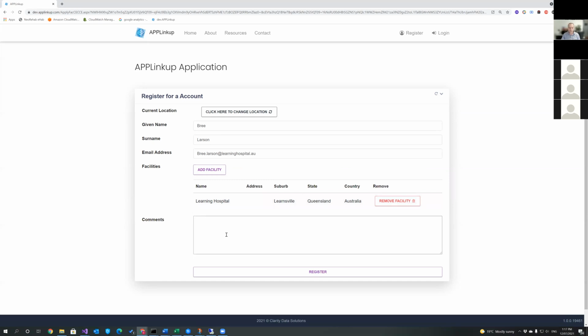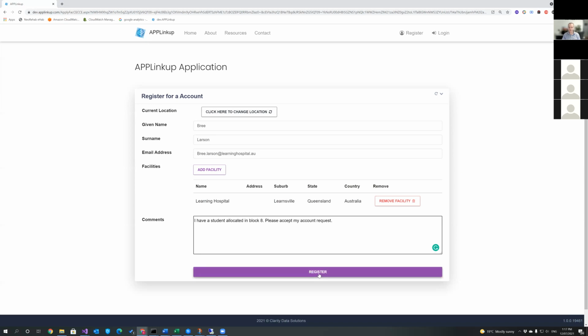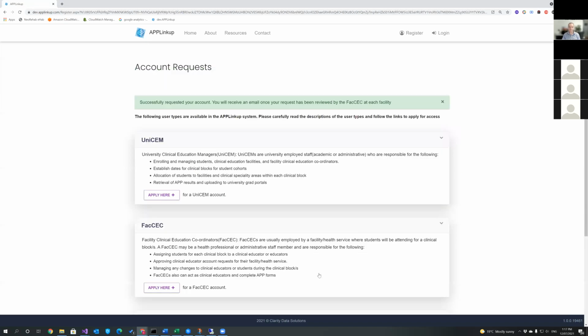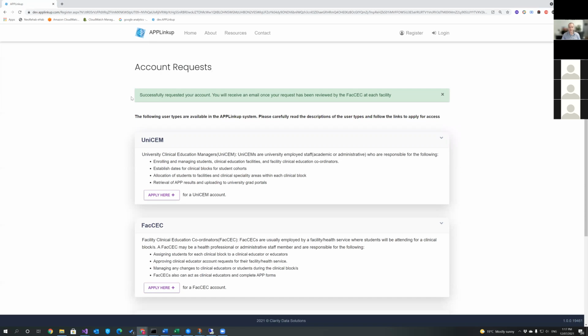So then you would type a comment in here. So you might say something like, I have a student allocated in block 8. Please accept my account request, whatever the case may be. Just a message to that facility that might describe who you are if they don't know you by name, and then you click the register button. So that then gives that CE a message there that it's been requested, and they'll get an email once that